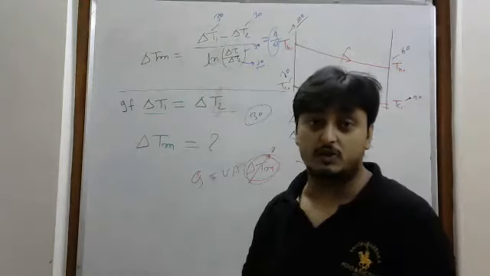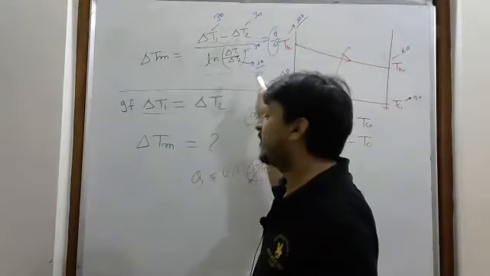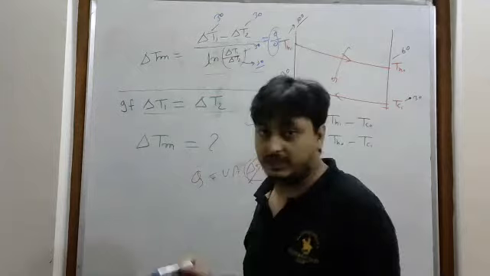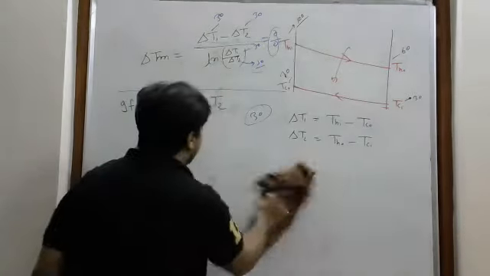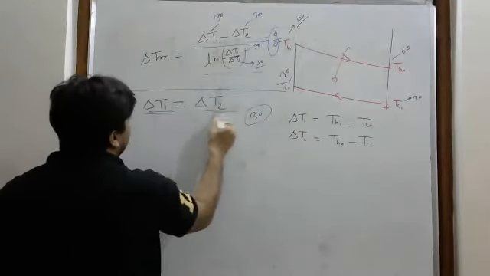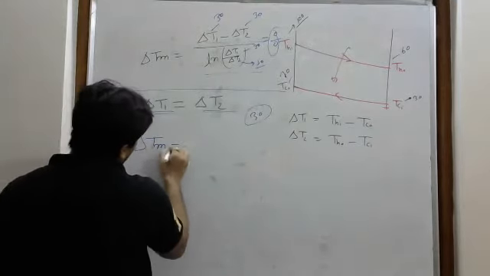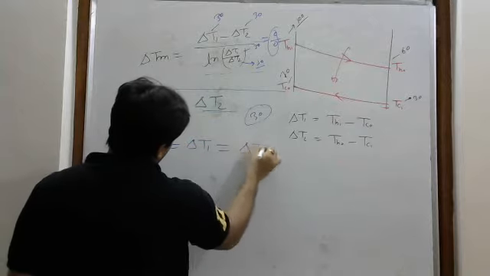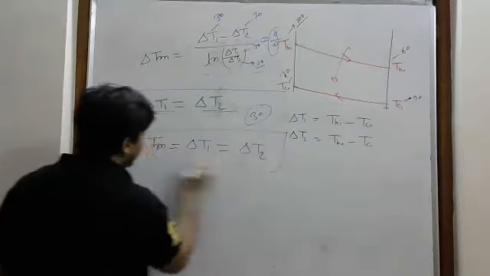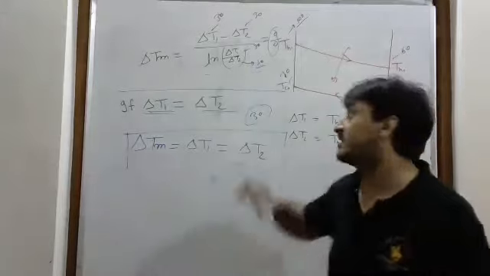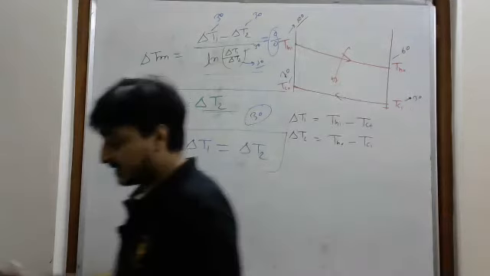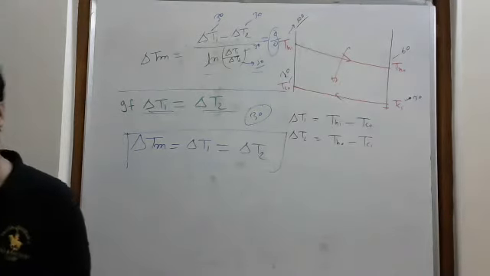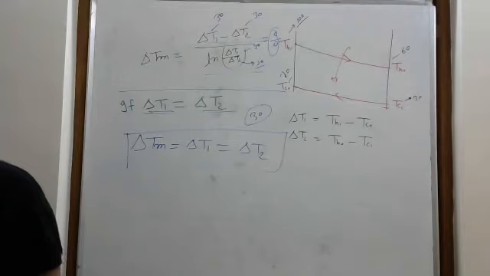After L'Hospital rule, what you have to do is differentiate this part and this part separately. After that, put in the limit value. So after applying the L'Hospital rule, we will get the value: if del T1 equals del T2, then del Tm equals del T1 equals del T2 equals del T, whatever. So whatever del T1 and del T2 are, if the same is coming, whatever difference came here, 30, that will be the value. Understood? Right. On this concept, many questions have been asked in GATE and civil engineering services also. Right, note the point.